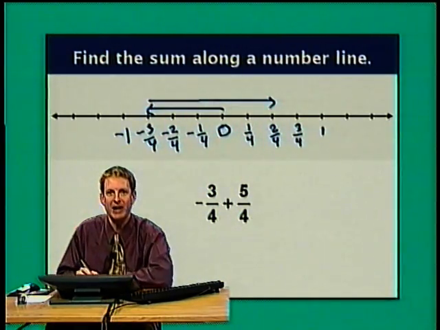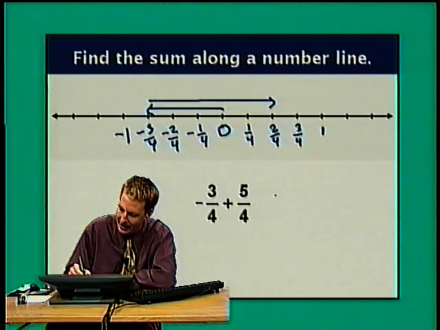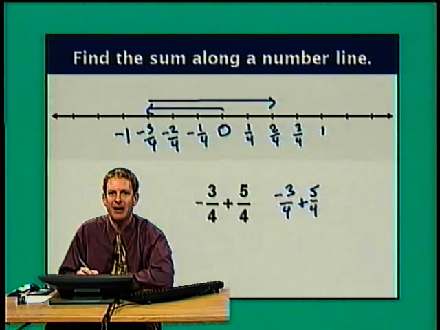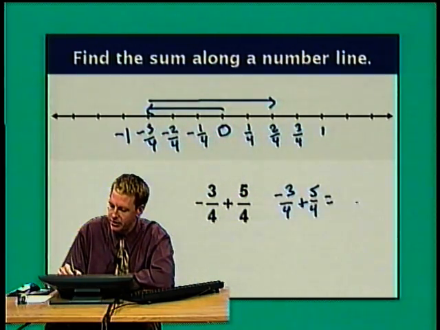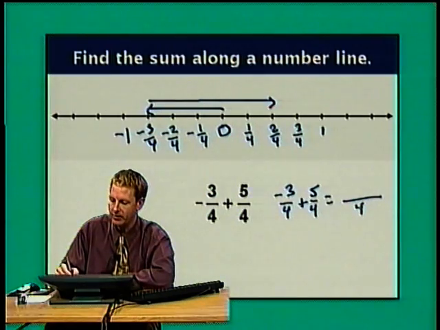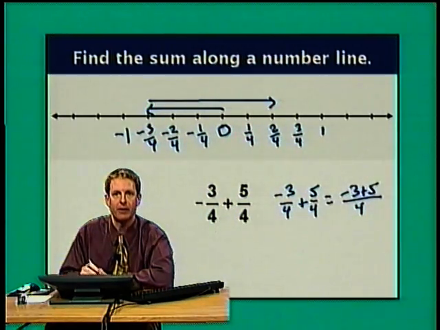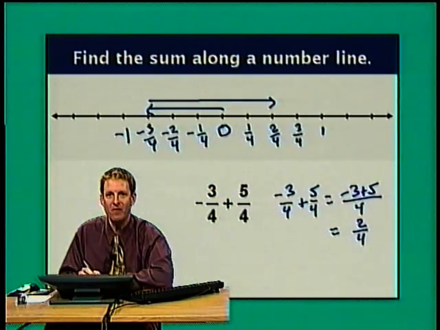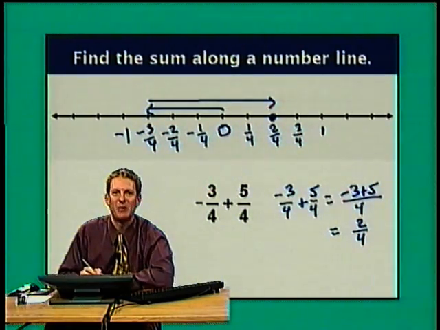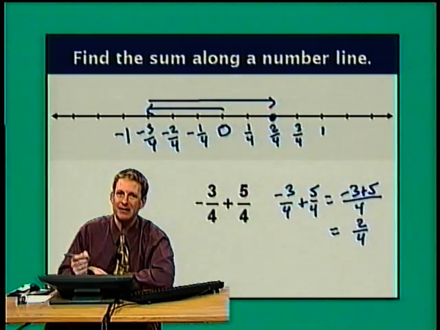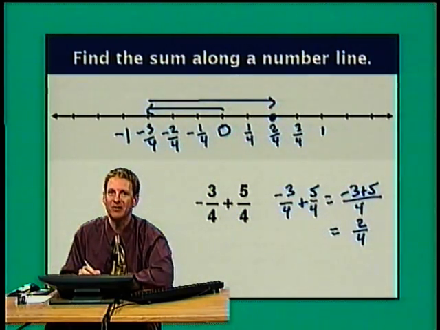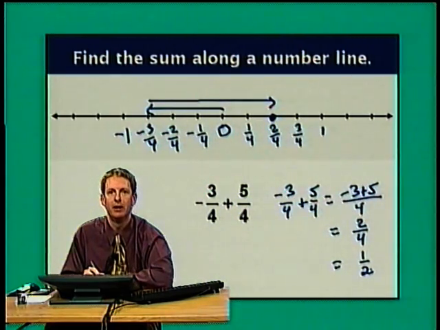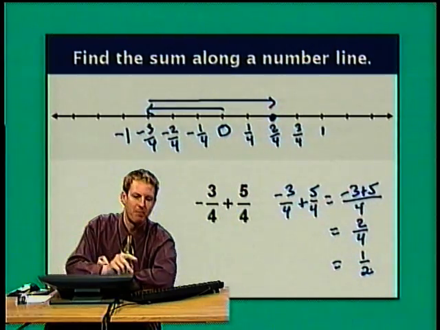Well, let's think about how we add fractions. -3/4 plus 5/4, we have a common denominator in our sum. So all we need to do is add our numerators over our common denominator. -3 plus 5 is 2, and this is over 4. Check it out. That's where we landed on the number line. Now, since I am writing my official answer, so to speak, I am going to go ahead and reduce this fraction to a half. Let's see one more example.